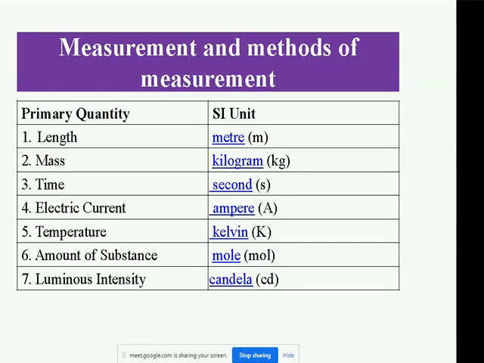And the unit of length is metre, M-E-T-R-E. See the spelling very clearly, not M-E-T-E-R. The spelling is M-E-T-R-E. If we say 1 kilometre, 2 kilometre, that is K-I-L-O-M-E-T-R-E, not M-E-T-E-R. M-E-T-E-R is used in American English, but this measurement is a Commonwealth term, a British term, it depends upon the British government.